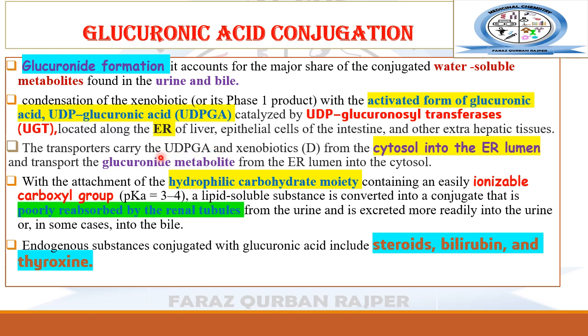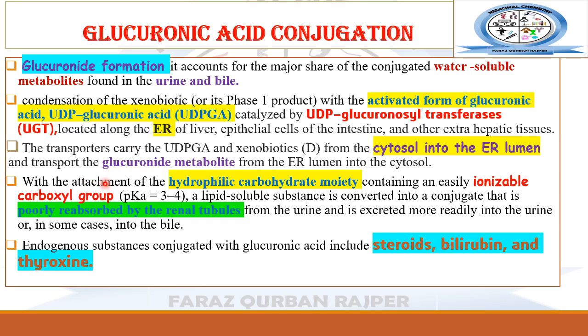types of metabolism, the hepatic as well as the extrahepatic metabolism. First of all, the xenobiotic molecule will travel with a transporter from the cytosol into the endoplasmic reticulum, where the UDP glucuronosyl transferase enzyme is available. There the condensation or conjugation will take place, and then the glucuronide and drug metabolite condensed form, or the more hydrophilic conjugate, will travel from the endoplasmic reticulum